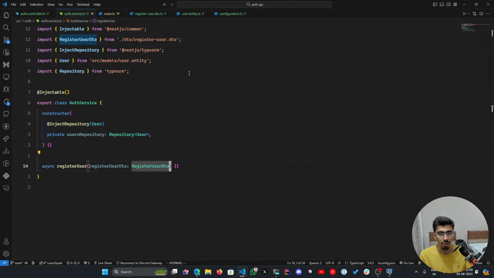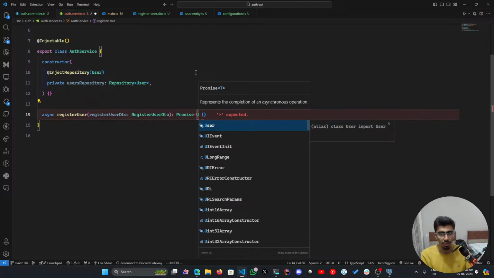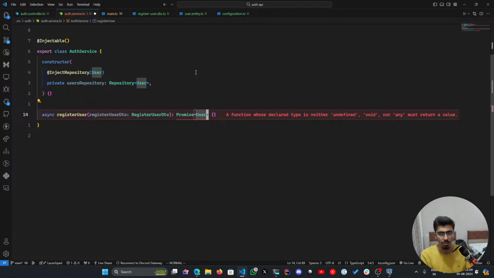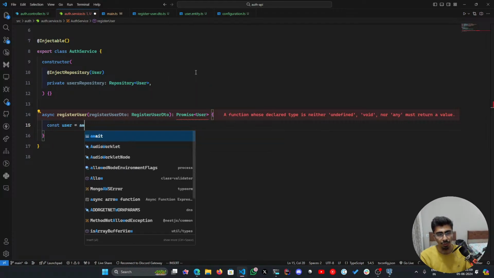Now in here, this is going to return a promise of user. Okay, so now to register a user, we need a couple of things. We need to hash the password. We need to send a verification email, which I might do later on, but for now, let's just go ahead and say const user equals await